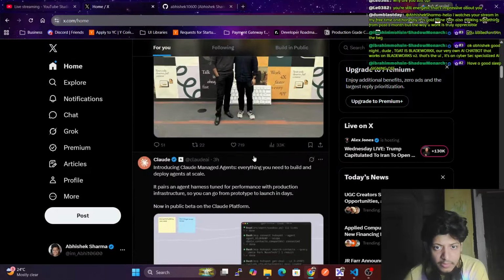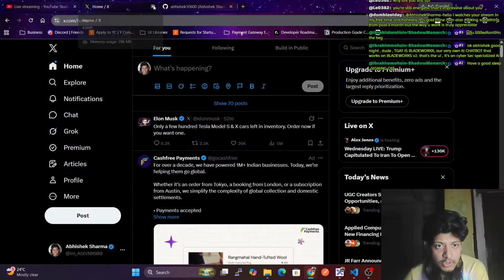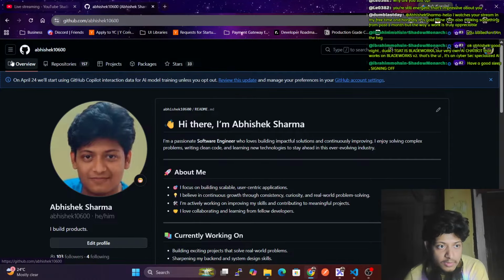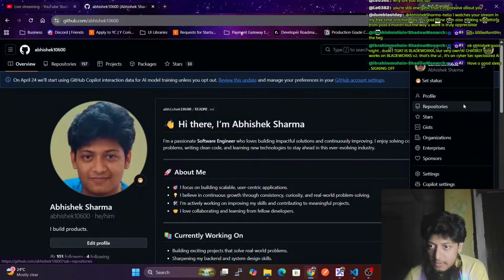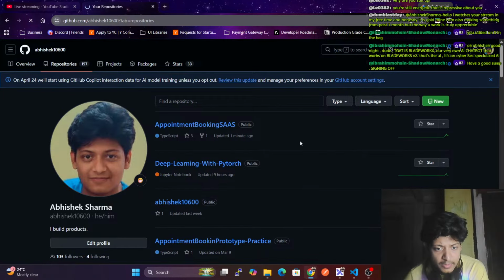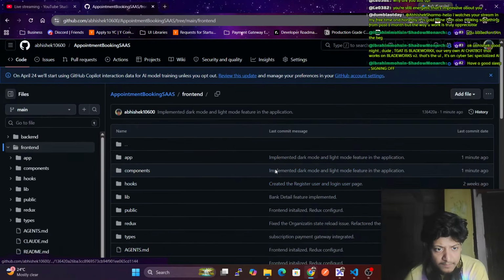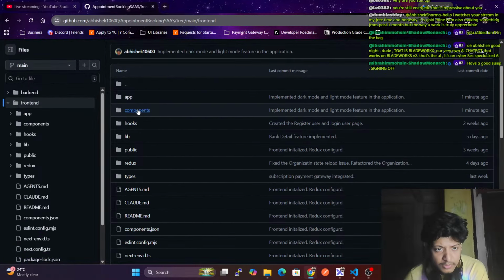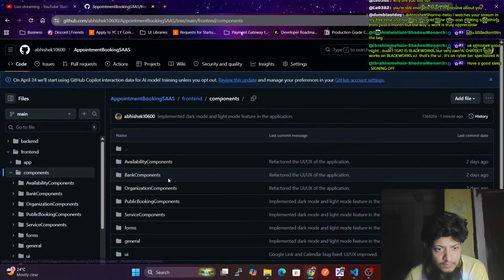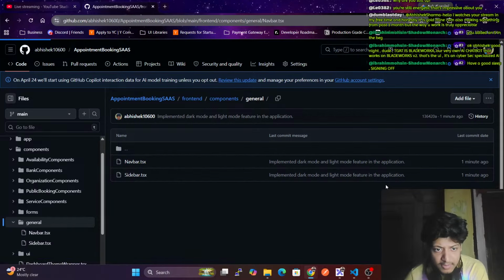Anything going on here extra? Okay, fine, nothing interesting in Twitter. If we go here, repository, and here if I go and if I see my code, Google link completed. Okay, implement dark mode, fine. Components, navbar, general, navbar,